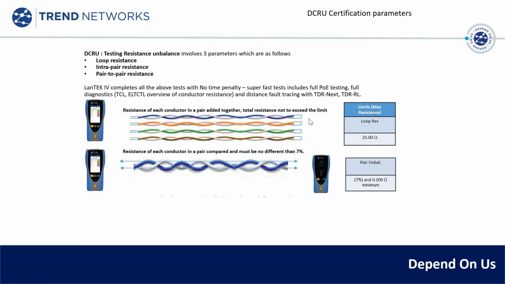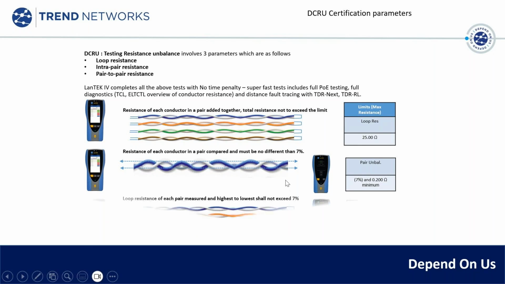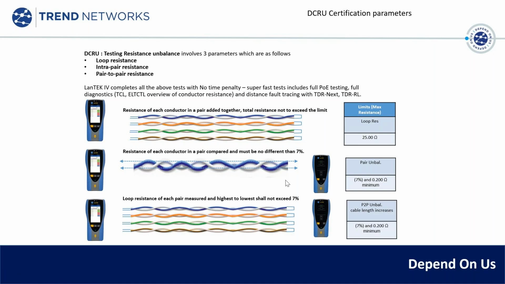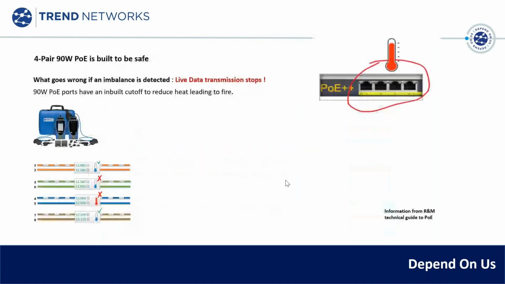So I'll just take a step back. These two tests: what is the loop, then what is the individual wire, and then the comparison. And we're typically trying to keep them within 7%. Right now, 7% was selected as the best method to allow manufacturers to have a DCRU balance across that cabling system. So let's see what happens next. If we can have our balance across that cable and we have a resistance within an amount, which is, by the way, a very fine tolerance,